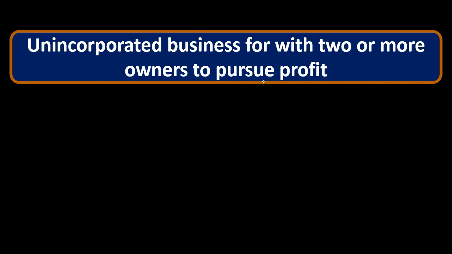The partnership type of organization will have two or more individuals involved. And you can think of it as close to, or at least the general partnership, close to a sole proprietor type of organization, whereas you have an individual looking to gain profit, partnership, two or more individuals with that same goal. Those are really the only two characteristics that are involved to make something a partnership.